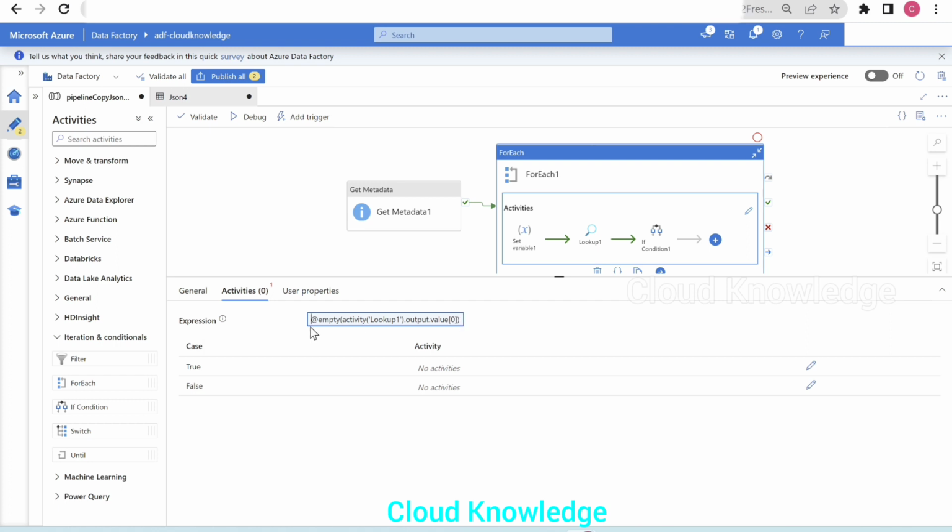And since the expression is defined to evaluate to true when this lookup activity output value is 0. When it is 0, we do not want to perform any activity, right? We do not want to copy the file to the destination. So in the true case, we don't want to perform any activity, so we'll leave it as no activities. And when it is false, that means if it is not empty, then we want to perform a copy activity,